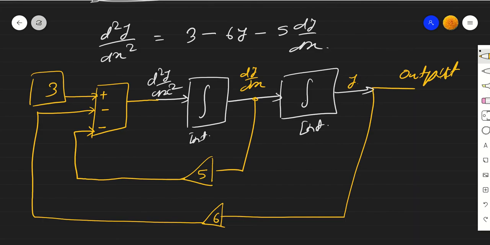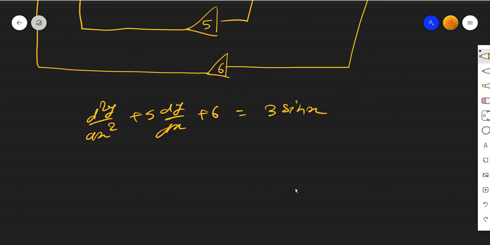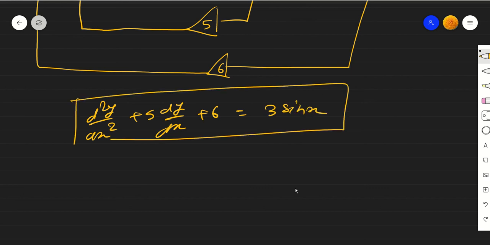What I am telling you is the equation is d2y by dx square plus 5 dy by dx plus 6y is equal to, suppose, 3 sin x. So this is the thing we have to solve.